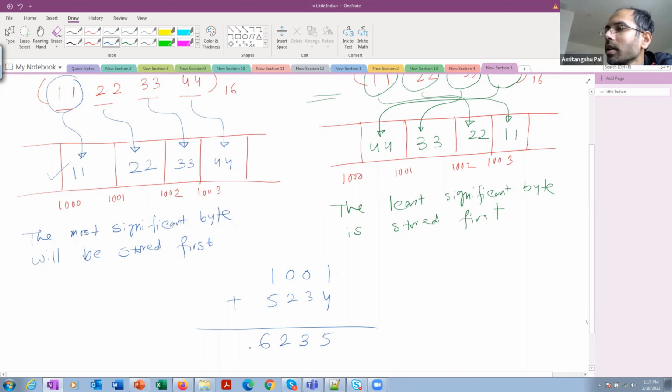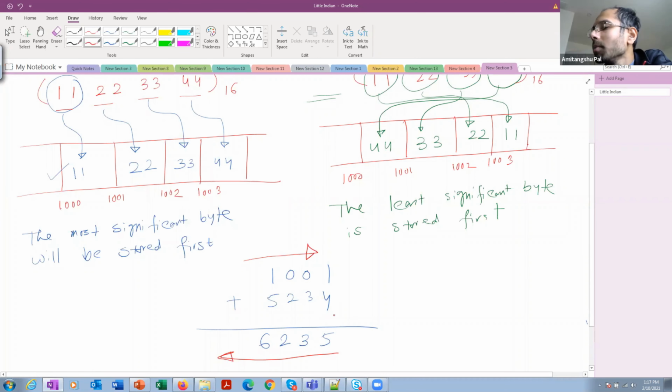So for addition you start from this side and come to this side. For reading we start from the left and go to the right.